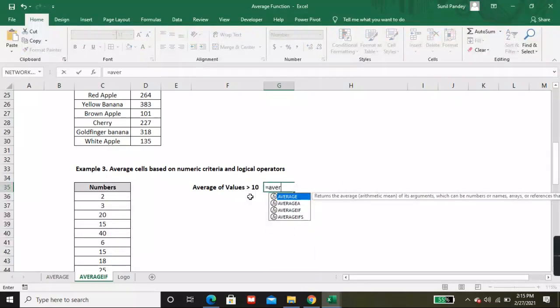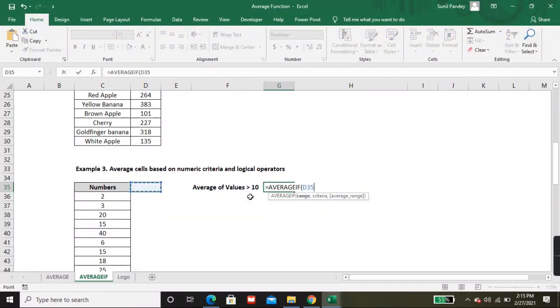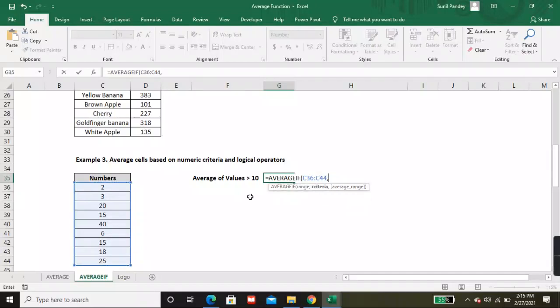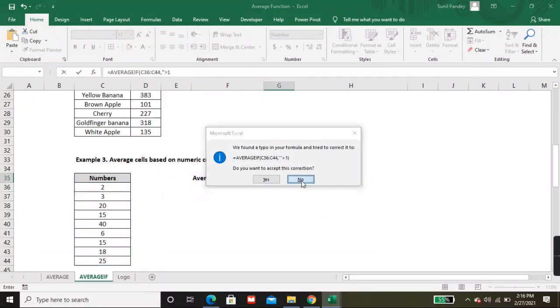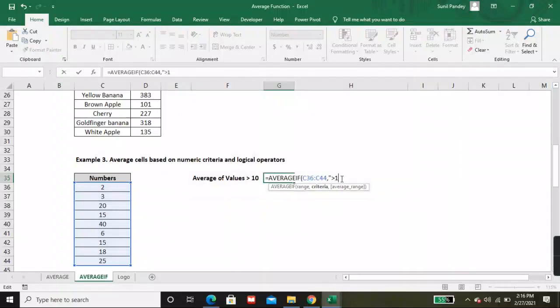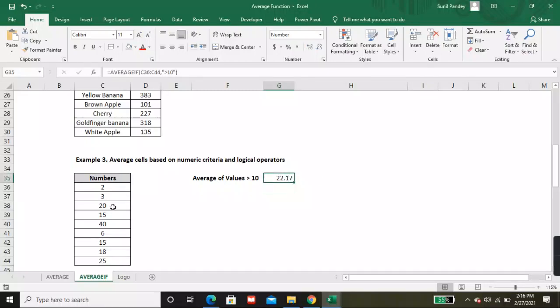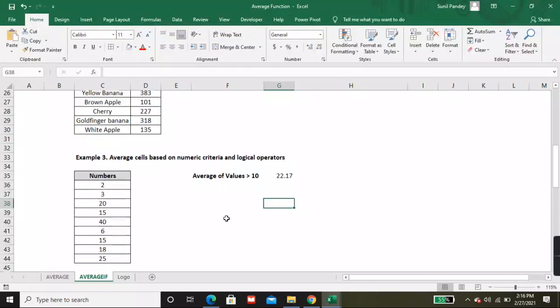So I'll put average if again, I'll select the values and the criteria I put greater than 10. Okay, so the average for greater than 10 is 22.17, which is correct. So you can give the criteria as a value also with the logical operators.